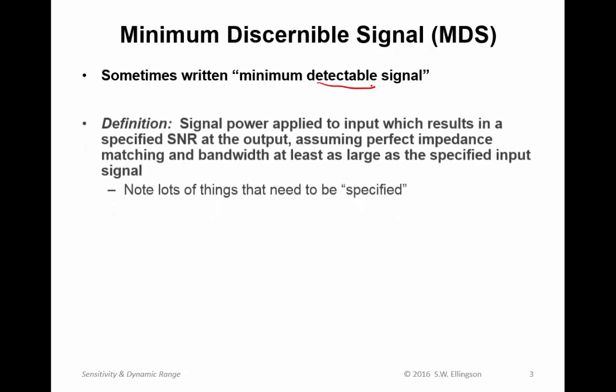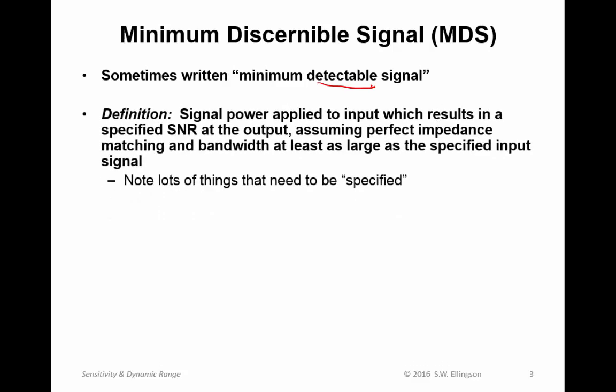So first, minimum discernible signal, or MDS. This is sometimes written minimum detectable signal, which means essentially the same thing. These terms are used more or less interchangeably. The definition is as follows. It's the signal power applied to the input which results in a specified signal-to-noise ratio at the output. This is assuming perfect impedance matching and a bandwidth which is at least as large as the specified input